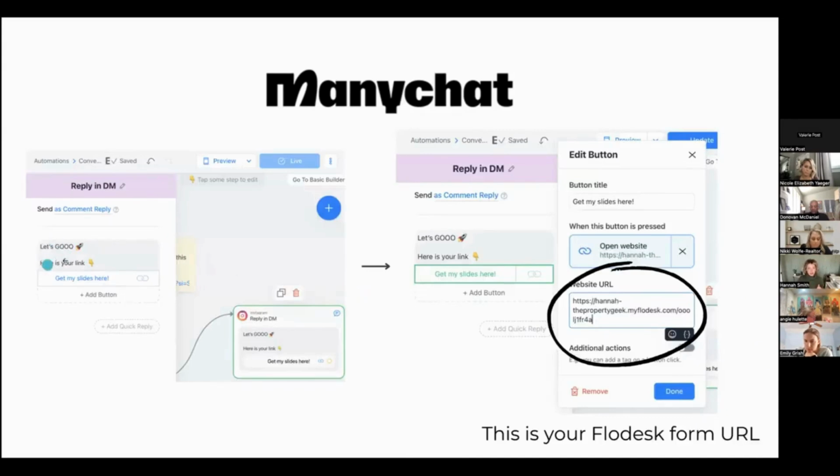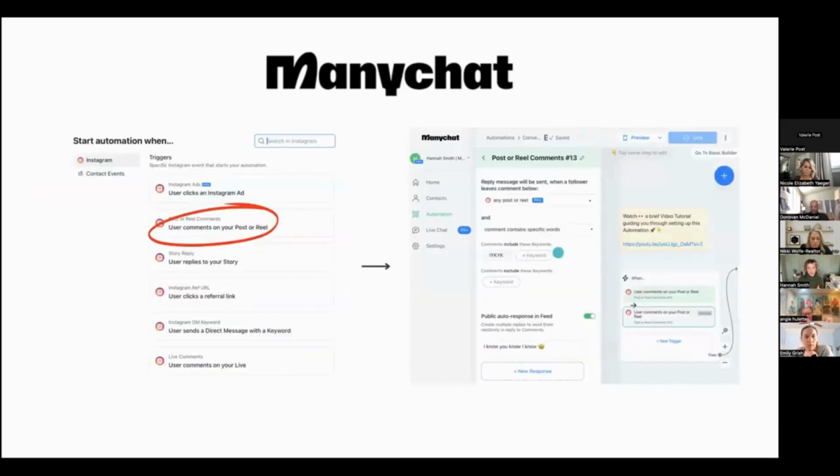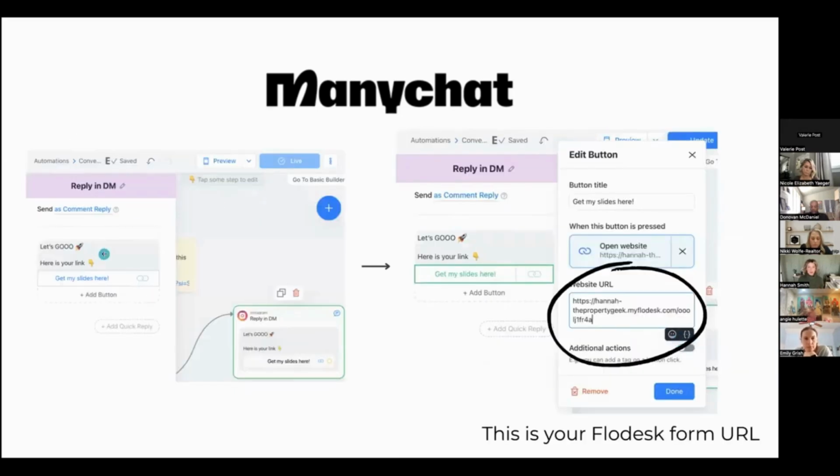They're going to get this DM. So this is just what your DM is going to get. You can type in here, thanks so much, let me know if you're interested in anything else, or whatever you want to put in here, right? I usually put something that I would actually respond like, let's go, because I'm just a little obnoxious like that. And that will be the message that pops up for them along with this link here. If you click on that, it'll bring it up like this and you can add any link that you want. So let's step back.